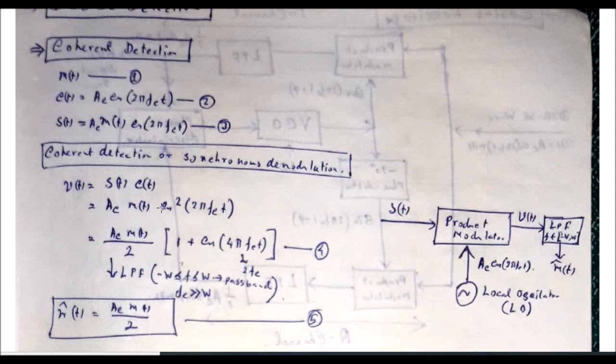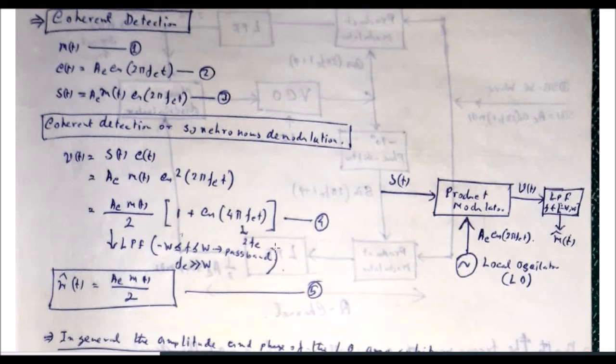Now if you consider it is cos square theta, if you want to decompose it, it will be half of, in brackets, 1 plus cos 2 theta. So this half is here and 1 plus cos; see that 2 theta means 4 pi fct. So it corresponds to 2 fc, the frequency will be 2 fc. Now see what the frequency components of these two terms of v(t) are.